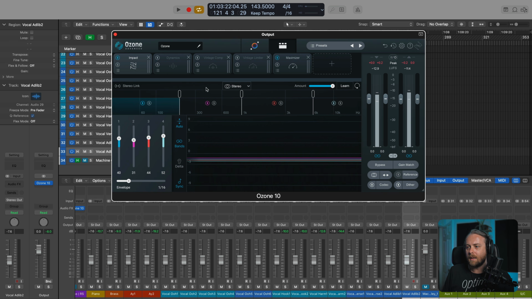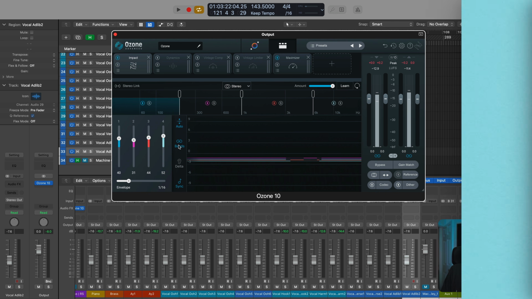Stereo link goes away. Very comprehensive, easy to use module for just adding a bit of movement, timing it to the tempo of the session. It's all really cool just to get your toes tapping and your listeners engaged a bit more, while making, I think, a lot of complex dynamics processing really, really easy with just a few controls here.